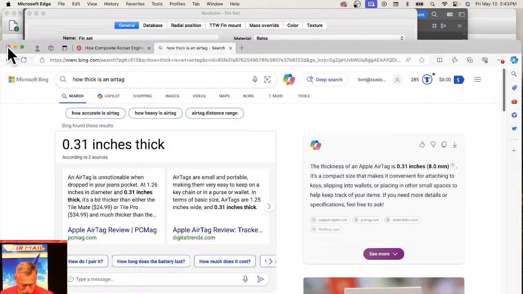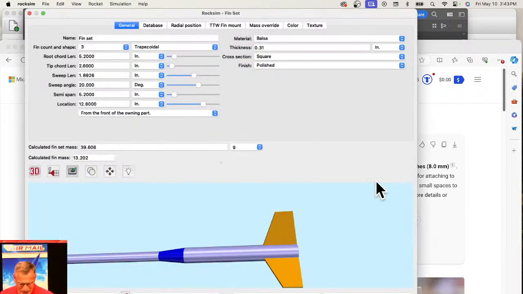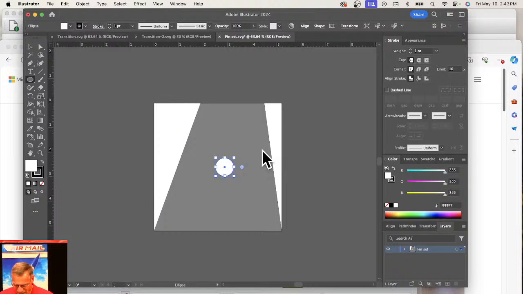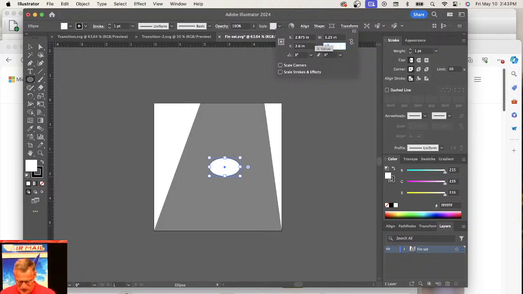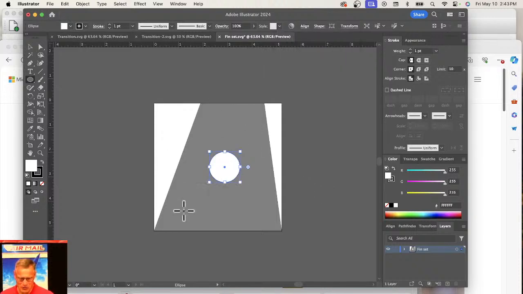1.25 inches. So that circle right there, I need to make it 1.25 inches. So I'm going to go to the transform. 1.25. 1.25. All right. So I would print this out, put it on my balsa wood, cut out the perimeter, and